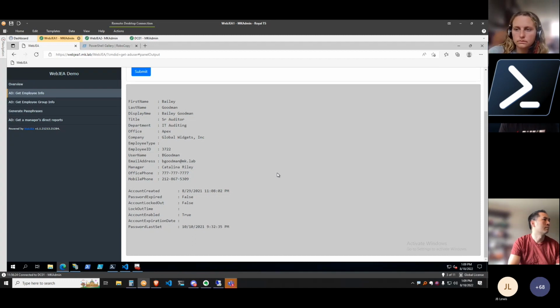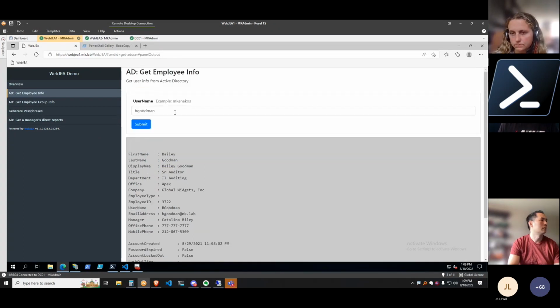But your users may not know PowerShell. Your users may not know how to configure an environment. Your users don't know script and execution policies. Your users don't know how to install modules. And so you can send them to a web page. You can configure your scripts. They don't have to know anything about PowerShell, and they can just get some data back, whether it be reports, or you can use it to create things, all kinds of things you can do.